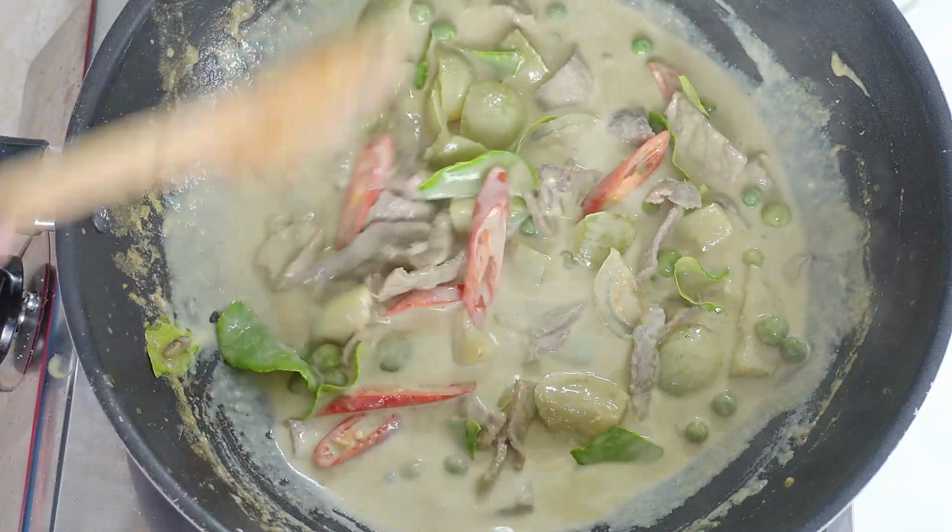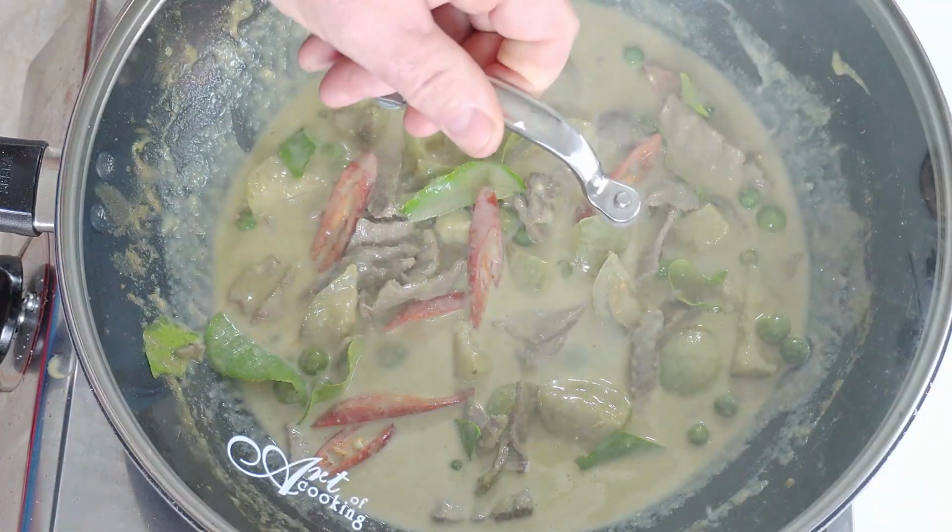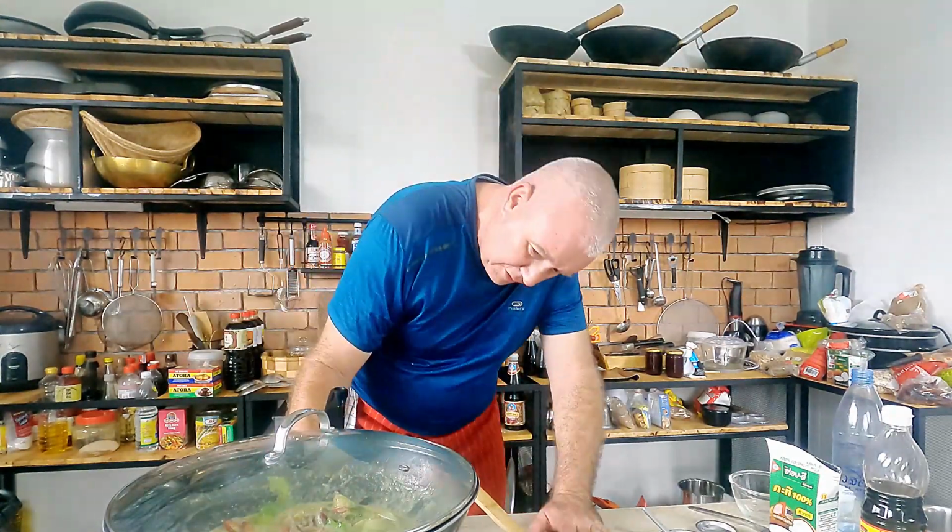Really nice. And then all we've got to do now is bob our lid back on and give it a couple of minutes. And that's it. That's how, more or less, our green curry is made. Come on, how easy is that? So what we do, guys, we'll just turn it up a little bit because we actually want that aroma to